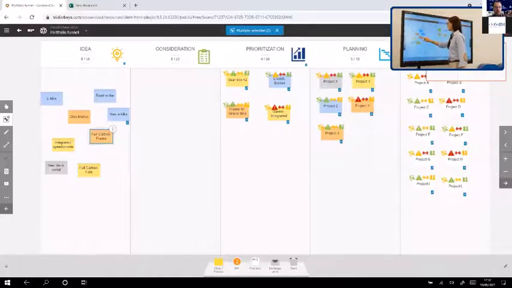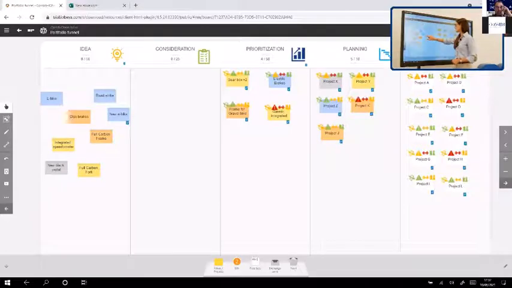As you can see, all the cards are now positioned in the first phase. Of course, the objective of the idea phase is also to give more information about the idea. So, for example, we want to give some more details related to the description, related to the objectives, and so on. What we can do and what we have done is basically to relate the single card to a link